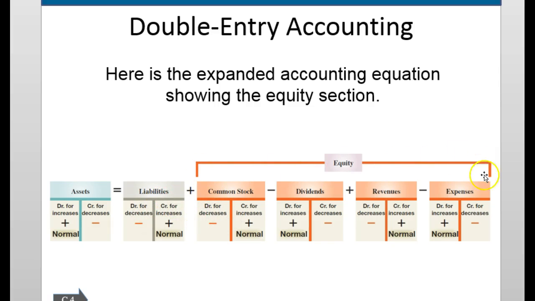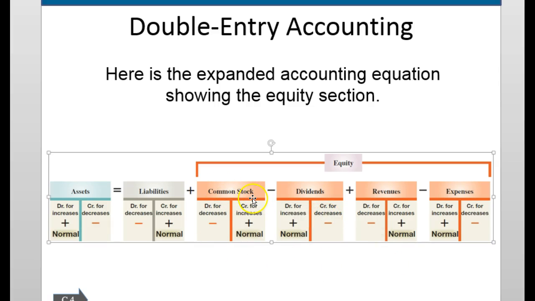Now the equity accounts, let's look at those. I'm going to decrease common stock with a debit. I'll increase it with a credit. Dividends increase with a debit and decrease with a credit. Because of the way the equation is running here, it kind of flip-flops back and forth. Revenues, which increase your retained earnings or your equity, are going to increase with a credit and decrease with a debit,